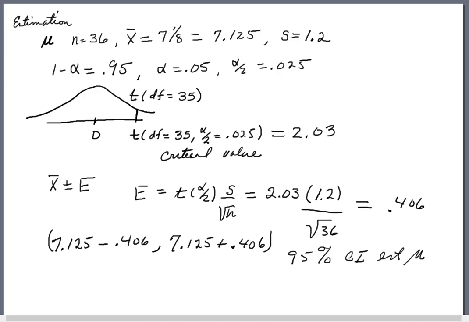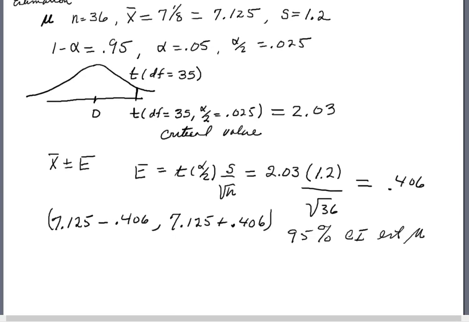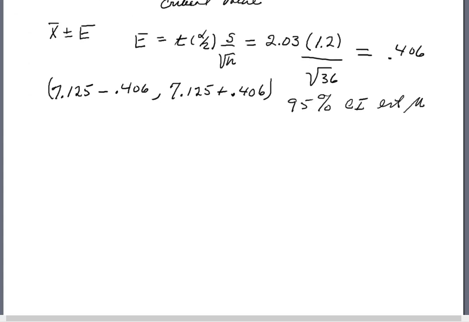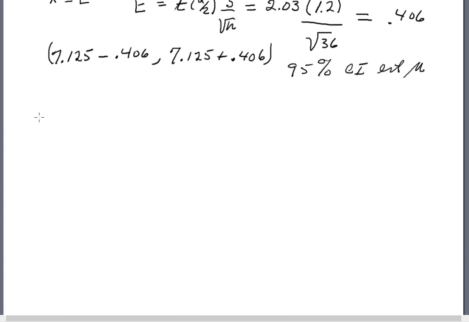We can be 95% confident that mu fits between those two numbers. Now, I think we could and should clean that up a little bit. So when we clean that up, these two numbers are 6.719. You can verify that, and you should verify that. 7.531. So this is our 95%